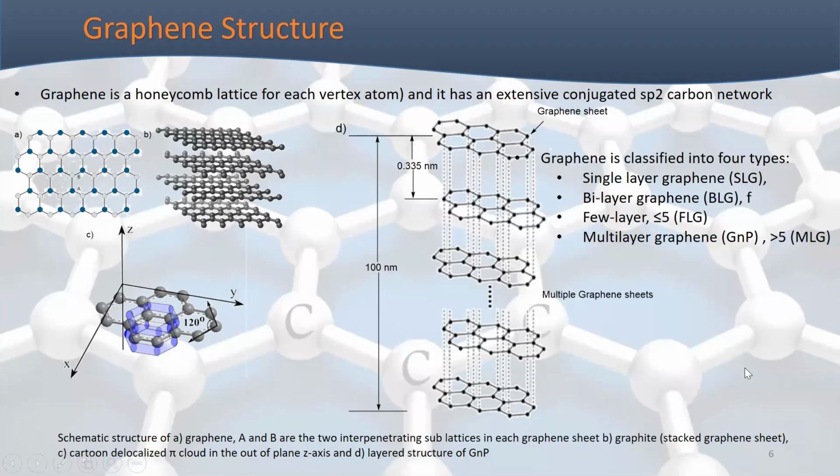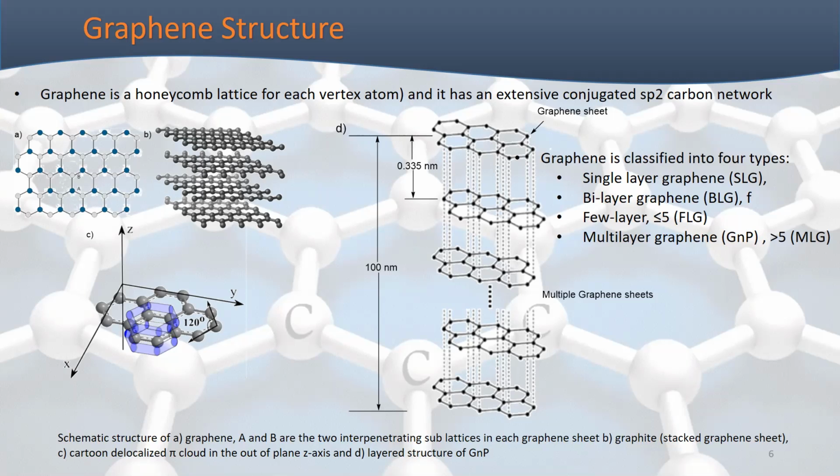Graphene has an extensive sp2 carbon network, as you can see here. This figure depicts the structure of graphene, a graphic which displays the in-plane 3 sigma bonds which form 120 degrees, and the out-of-plane pi-electron cloud lies below and above the nodal XY axis. So this aromatic pi-electron system and structure are in control of the extraordinary thermal and electronic properties of mono, bi,